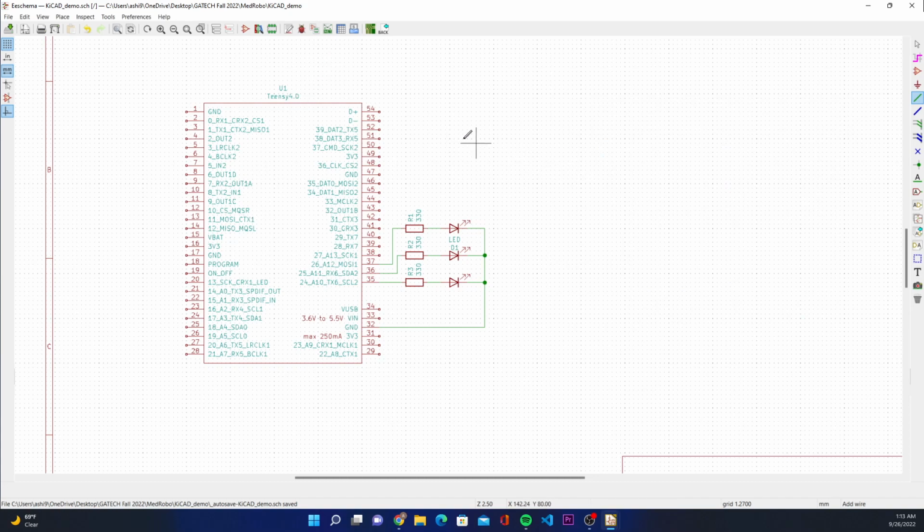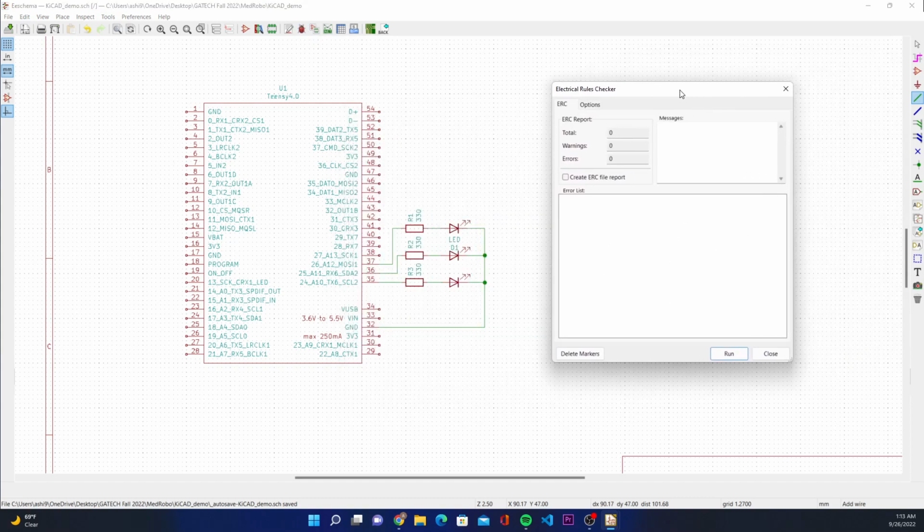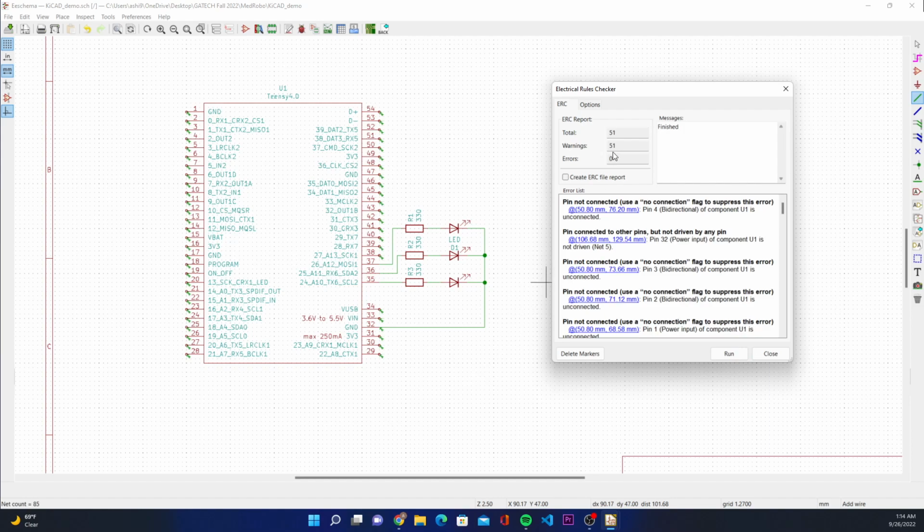All right. So next step you want to do is perform an electrical rules check. You don't technically have to do this, but it's probably always good practice to just make sure that nothing's wrong. Just make sure you don't have something that would break. Like if you had 3.3 volts connected straight to your ground, that might not be good. If you had an open wire just hanging out, that also might not be good. So in that case, let's go ahead and click run,